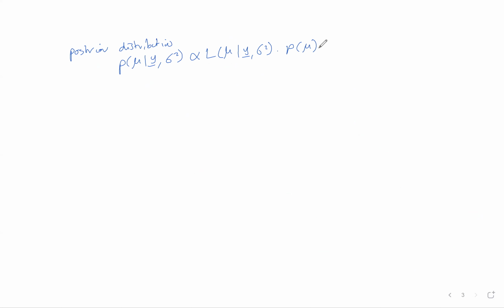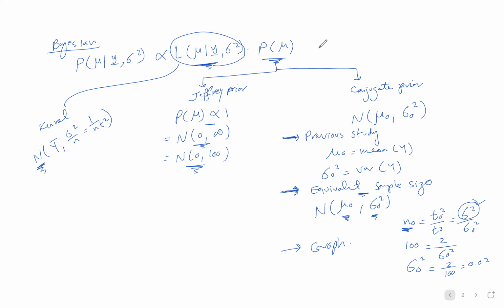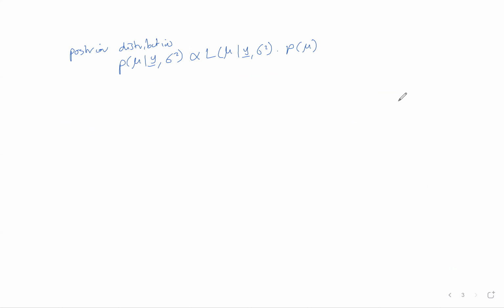And let's use normal distribution in general for the prior distribution because we found the Jeffreys prior is normal and the conjugate prior is normal. So let's find the posterior distribution in general when we use normal distribution. And if you use Jeffreys prior, just plug in mu 0 equal 0 and sigma 0 square equal infinity. So when you multiply these together, assuming this one is normal, mu 0 and sigma 0 square, and this is the likelihood, you will find the posterior distribution of mu given y and sigma square is normal distribution